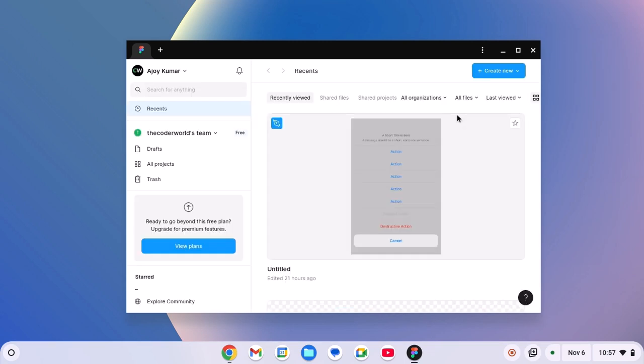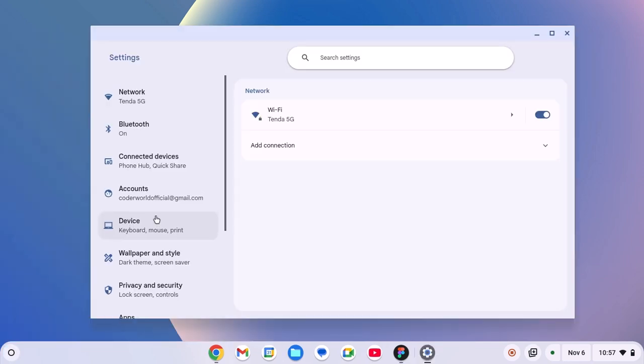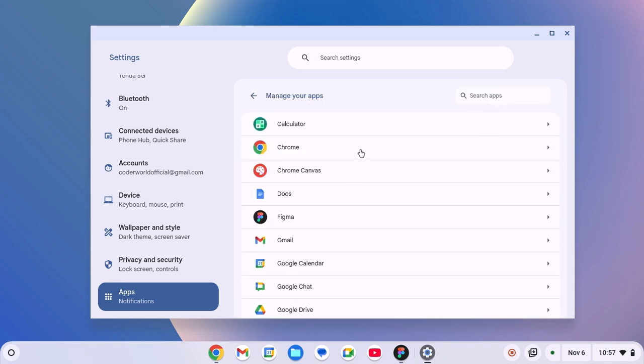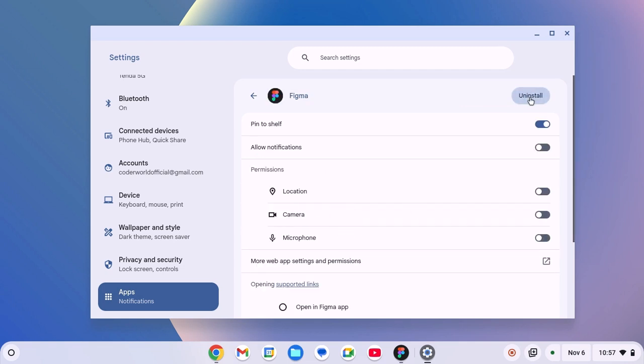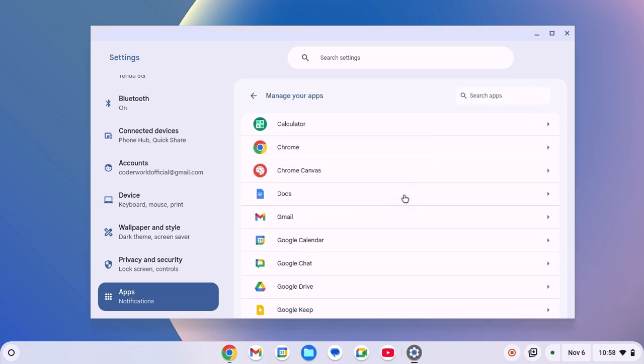However, if you are still facing the issue, then you can simply reinstall the Figma application. For that, open settings, click on the apps option. Now here click on manage your apps settings. Now look for the Figma application, then click on it. Now click on uninstall. Select also delete browsing data option, then click on uninstall and wait for the process to